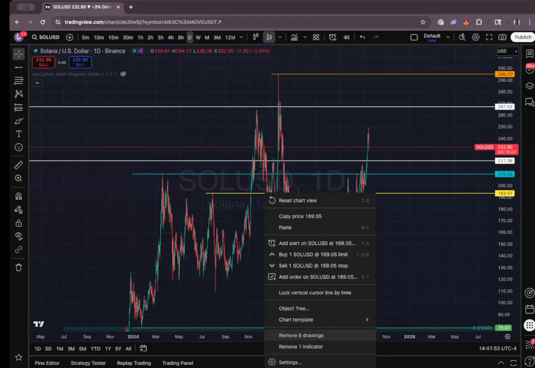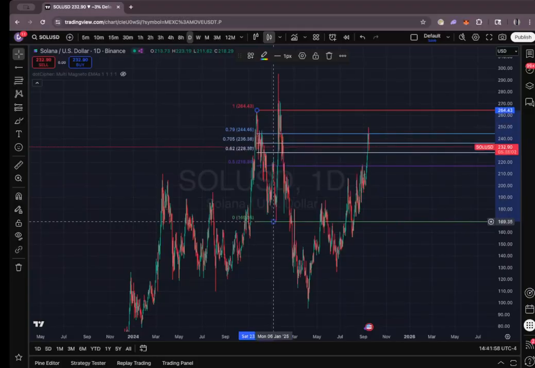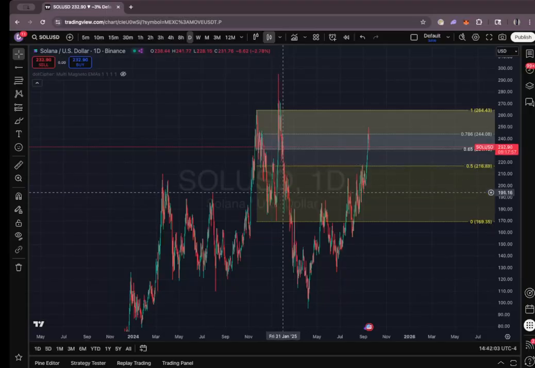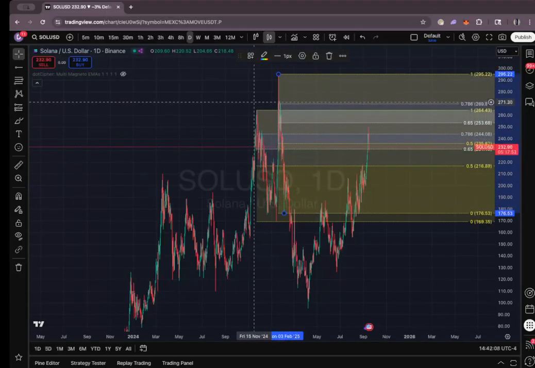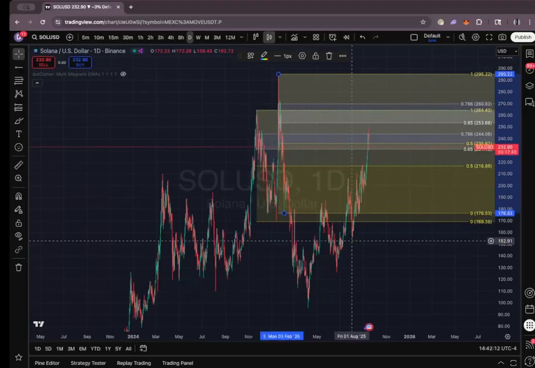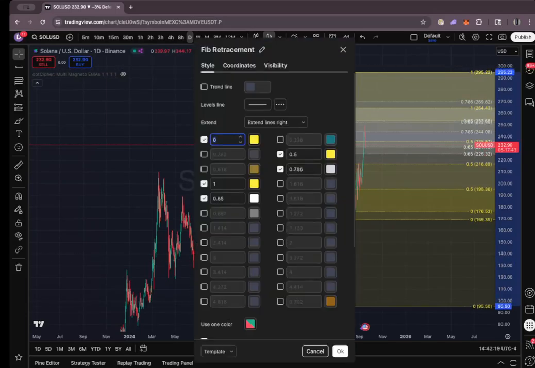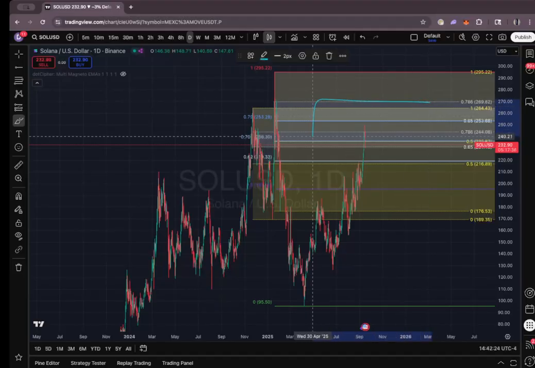Here, I'll clean this up a little bit, right? We have previous range high, low, and previous range high, followed by low in the future, right? High in the past, low in the future, high in the past, low in the future, right? This is the low, high in the past, low in the future. We mark these at the OTE fibs. Guess what? I'm going to circle these levels here. You see those lines? What does that mean?